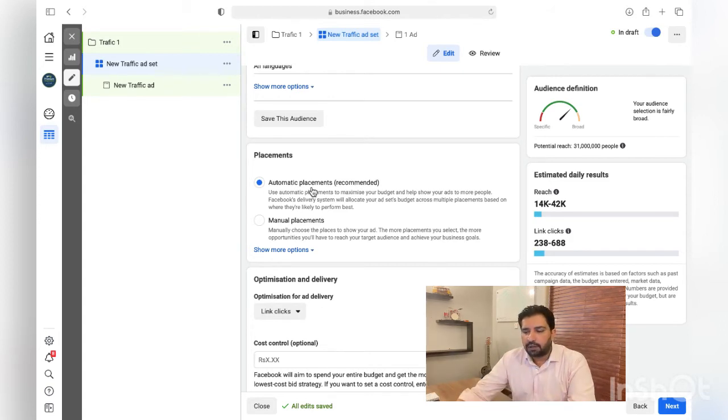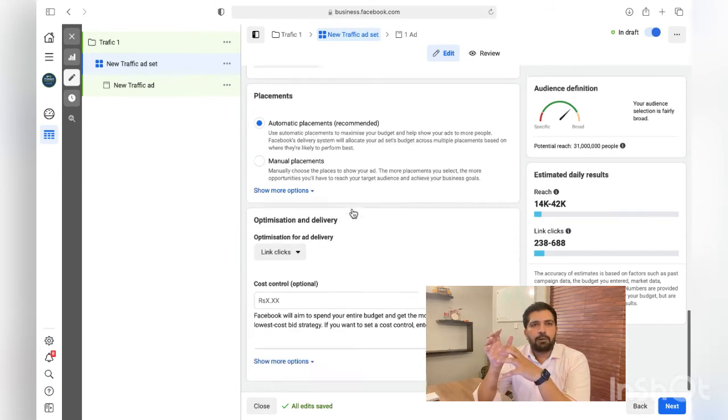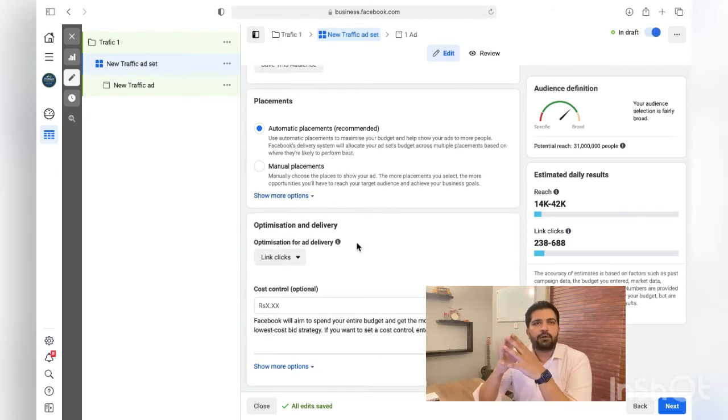So once you have added all the interests and the behaviors, save this audience for your future reference. Just give it some name and click on save. And from here, just keep it automatic. Let Facebook decide where, because if you let Facebook decide where to place your creatives, the algorithm automatically spends more of your budget on those placements from where you're getting more response.